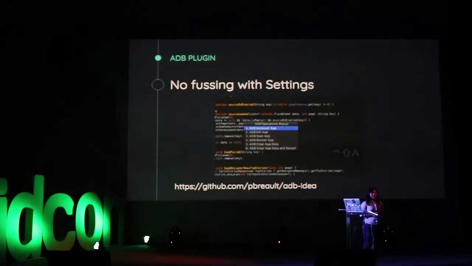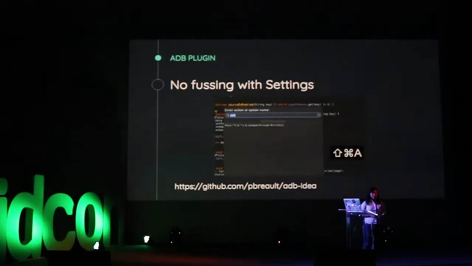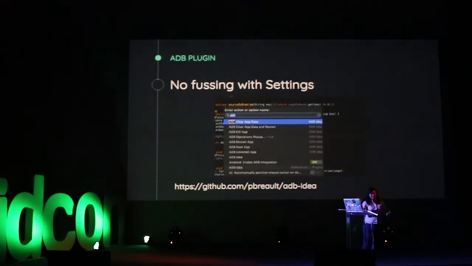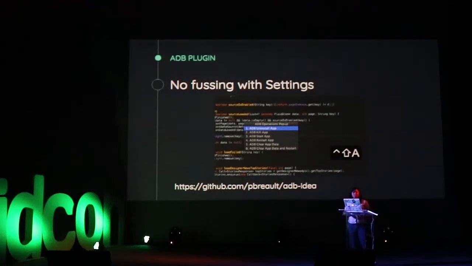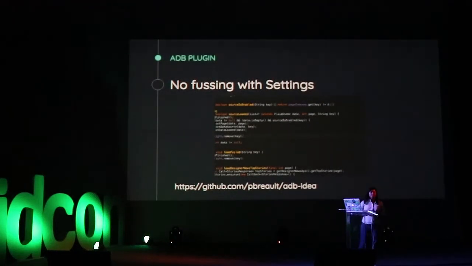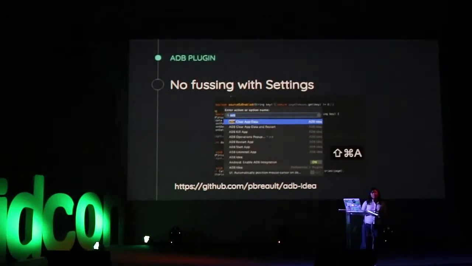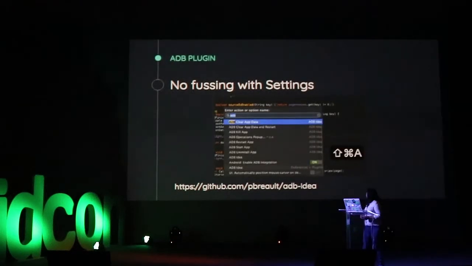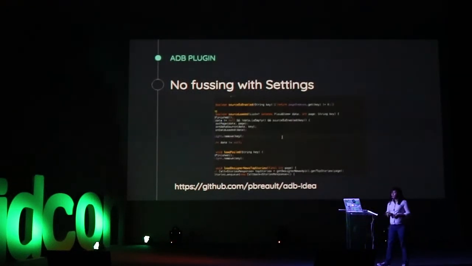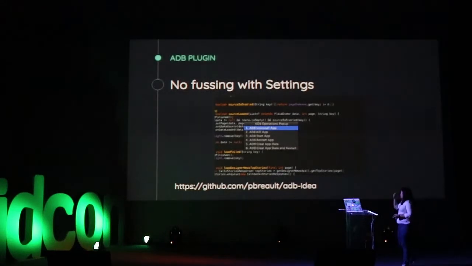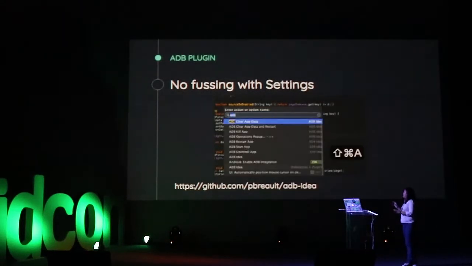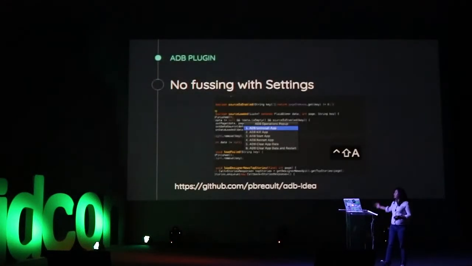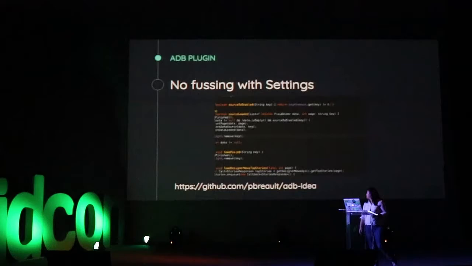So usually to uninstall, you get your device or your emulator, you uninstall the app yourself, right? But if you have the ADT plugin, you can bring up the plugin pop-up, and you can just select available actions. So you press Control-Shift-A to generate the specific plugin information, or you can do Command-Shift-A and search for ADB something. So yeah, get it from that GitHub link.